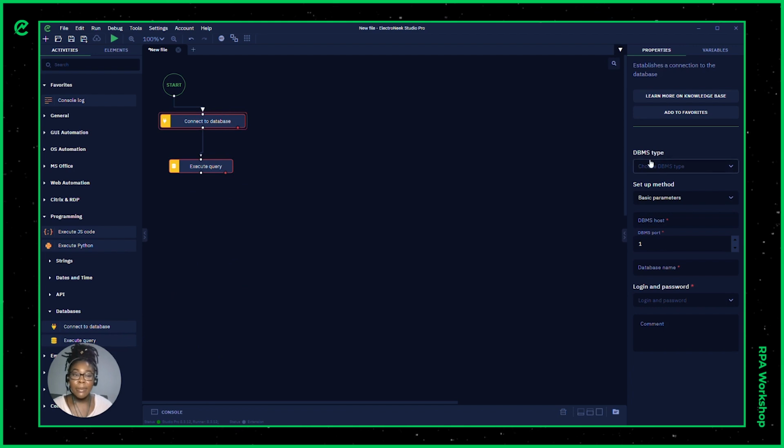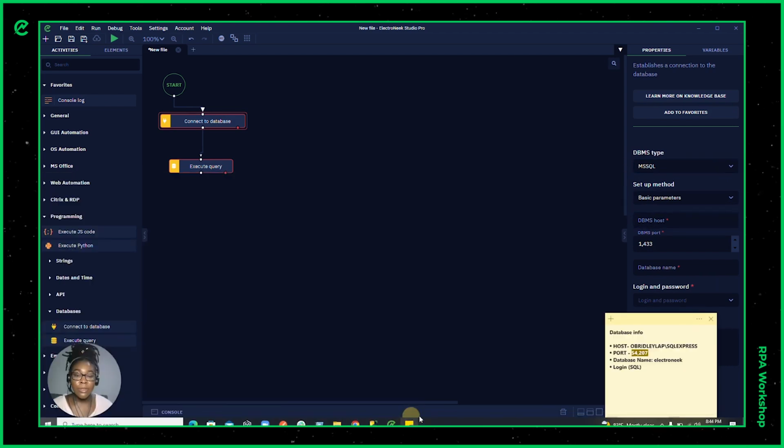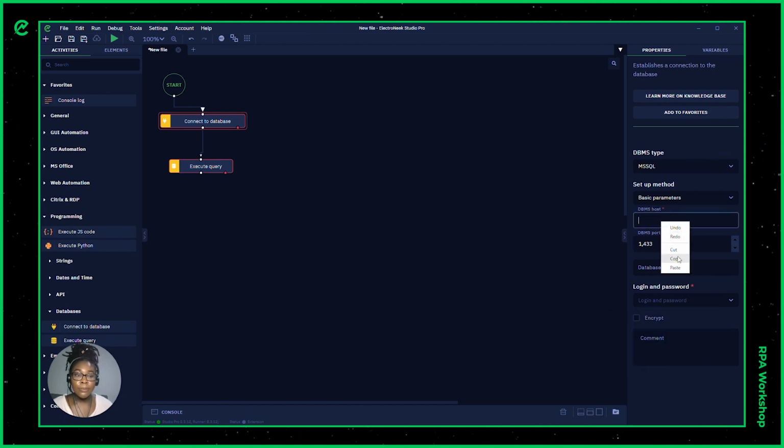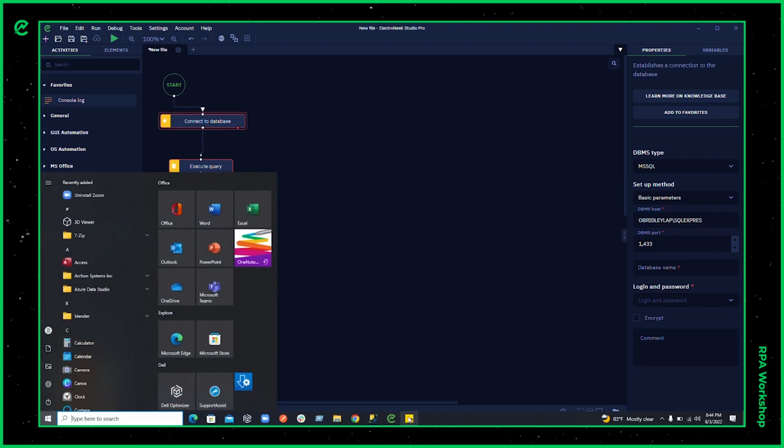For Connect to Database, we'll establish our parameters based upon the information that is needed for our database, such as the database type, the host name, which can be found inside of my sticky note, the port name or the port number,